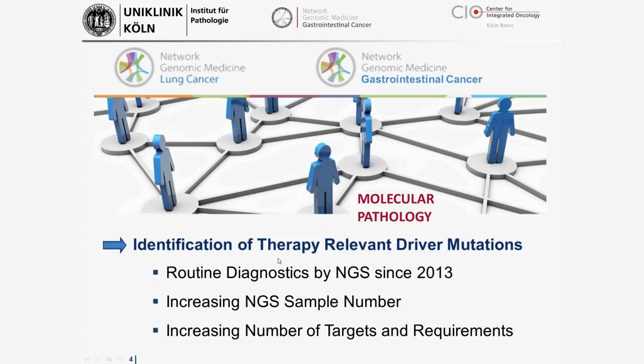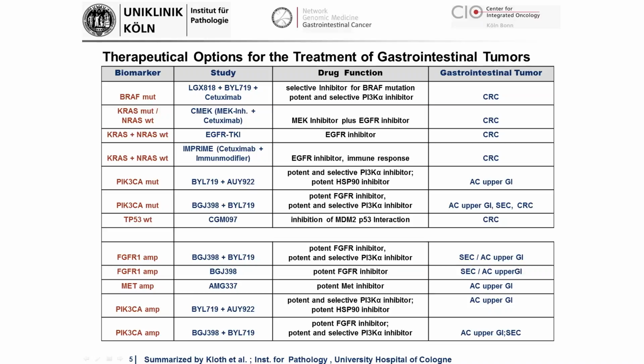Molecular pathology takes more and more center stage in clinical decisions, and due to the increasing knowledge of tumor-driving or therapy-relevant mutations, we have an increasing number of NGS samples in our department. In our department now we have more than 5,000 samples a year which are analyzed by NGS. But number and requirements are continuously increasing. So the close interaction with the clinician is therefore highly recommended, and in our clinic this is carried out by